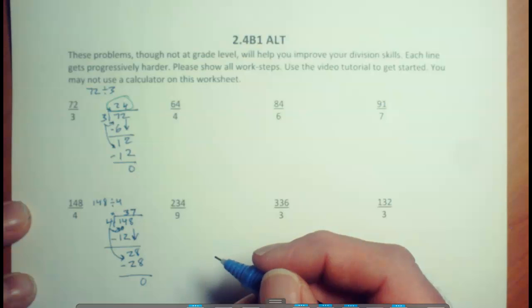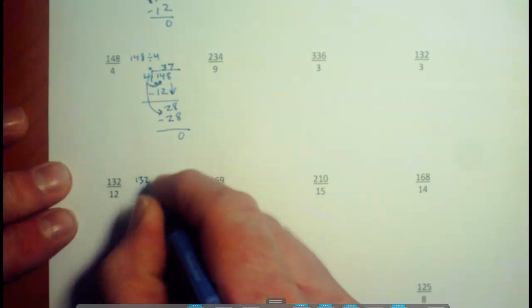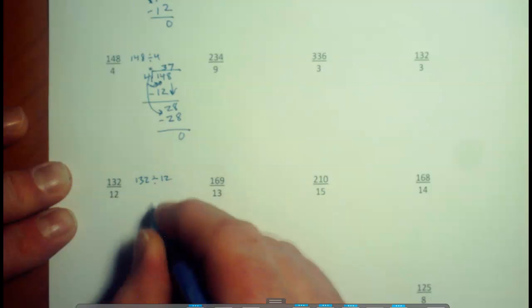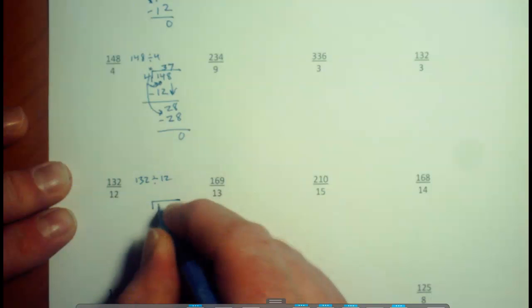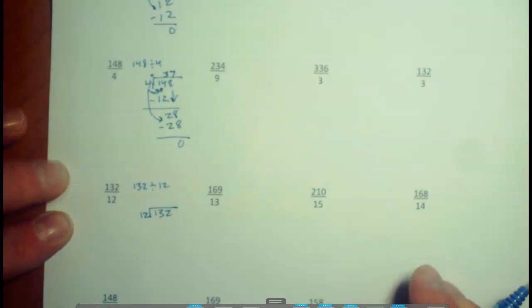All right, let's keep rolling. Next column, or the next row. 132 divided by 12. Again, this is 132 divided by 12. It's the exact same thing. 132 divided by 12. So now we've got a 2-digit